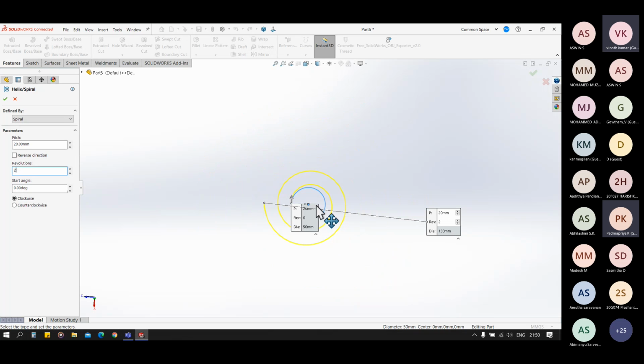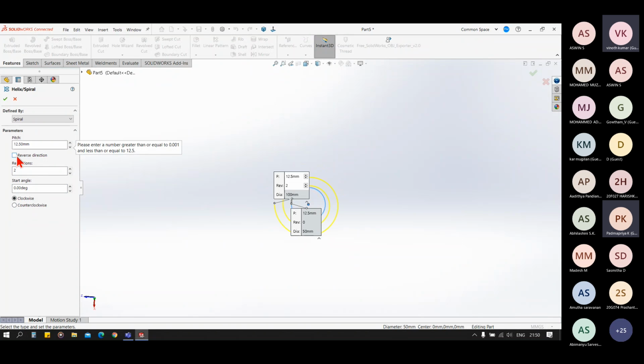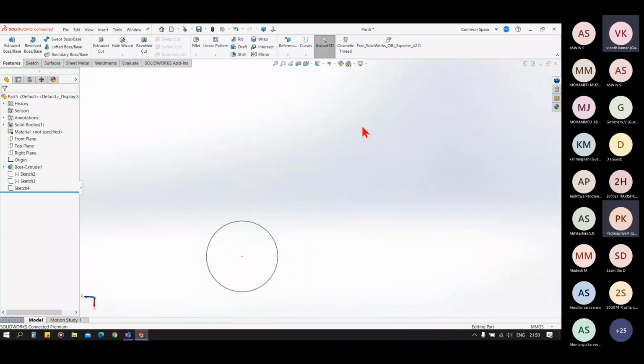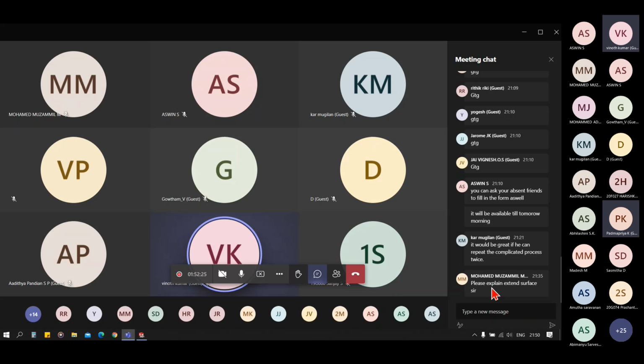Let's say we want 2 revolutions, so we have 2 revolutions, clockwise and anti-clockwise. We can change the direction to outside the circle and inside the circle. Okay, understood about the curves, and any doubts in the curves or in any other?